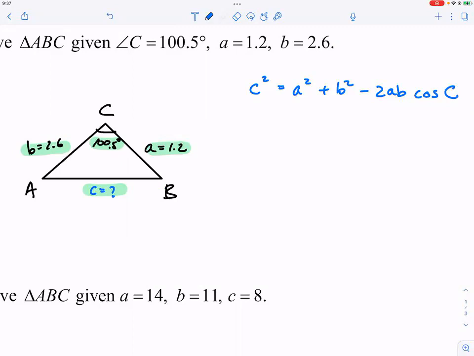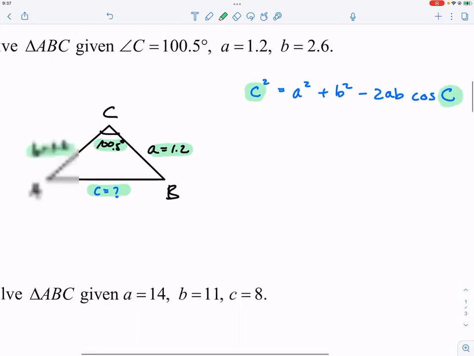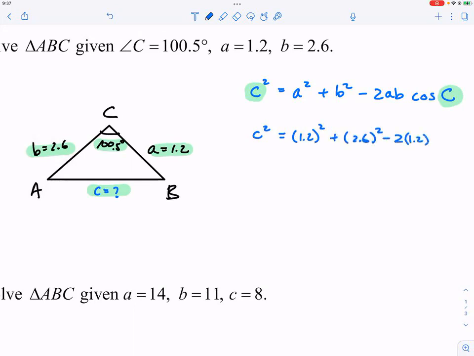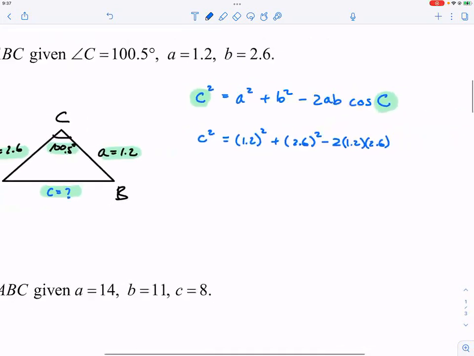Okay, again, let us see here, side C and an angle C. They should be one in the front, one at the end. And now you would go ahead and substitute all the essential values. So you have 1.2 squared plus 2.6 squared minus 2 times 1.2 times 2.6, and then cosine of